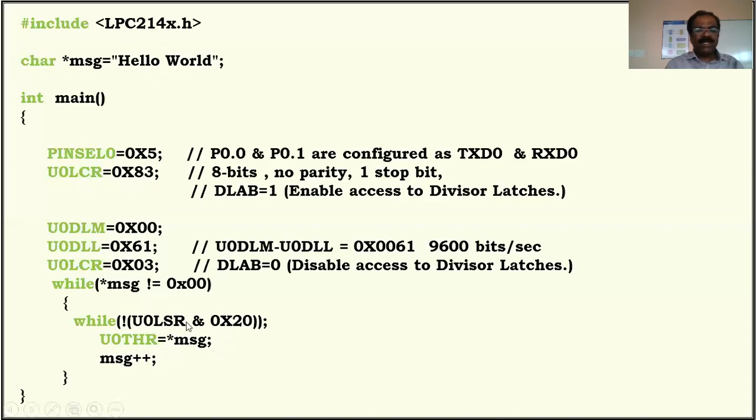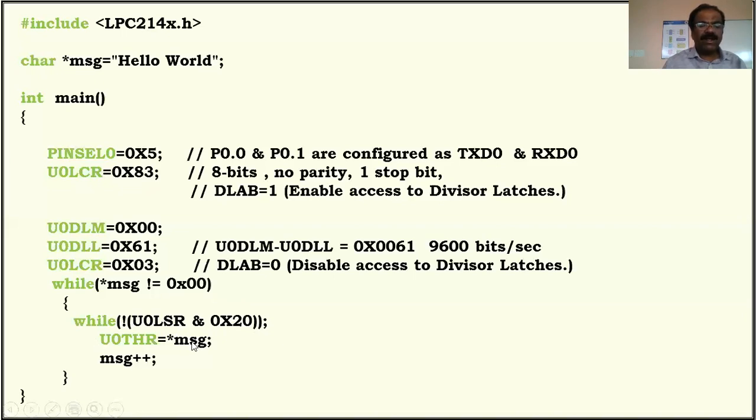Okay. Now once again check whether THR is empty or not. If it is not empty, I told you already, this expression is replaced with 0. 0 means false. Not false, true. Then it enters into this while loop. So do nothing, come back, check. Now assume that THR is empty. The whole thing is replaced with a non-zero value, that is 20. That is, non-zero means true. That is not true, false. Then it comes out of the while loop.